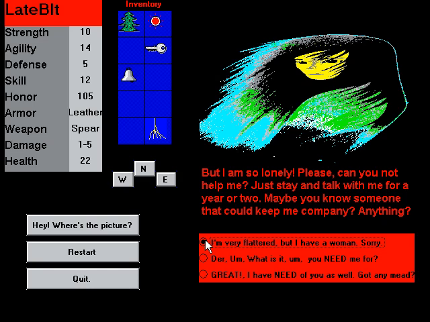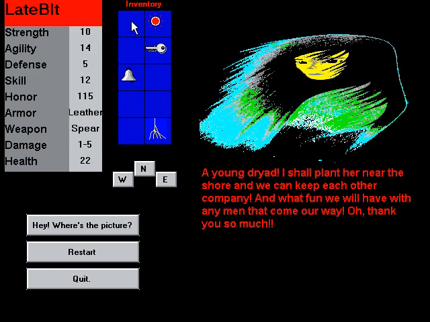Well, I don't really know anyone who could keep you company, but whom did we meet who was like a little girl? Well, we have this tree here. Maybe the woman would like a tree. "A young dryad. I shall plant here near the shore, and we can keep each other company. And what fun we will have with any men that come our way. Oh, thank you so much." And I think that gave us 10 honor points,